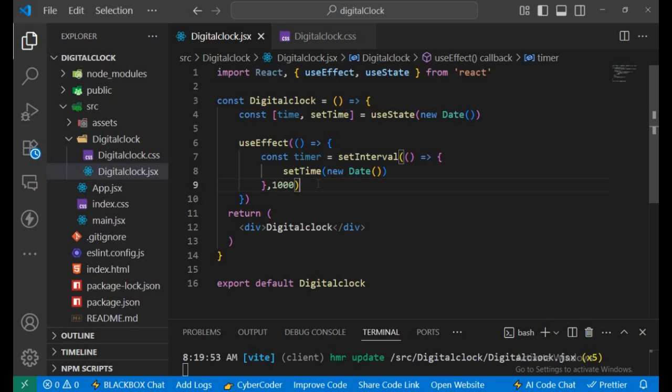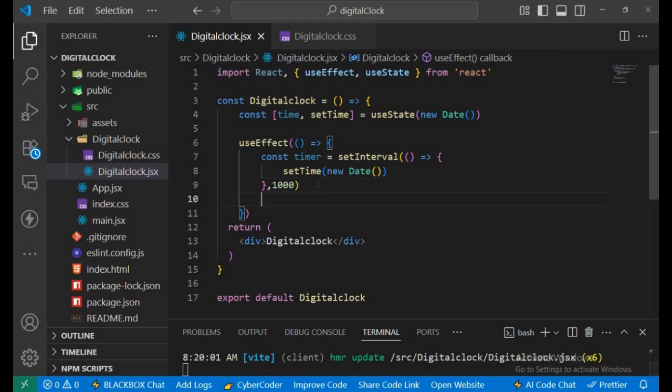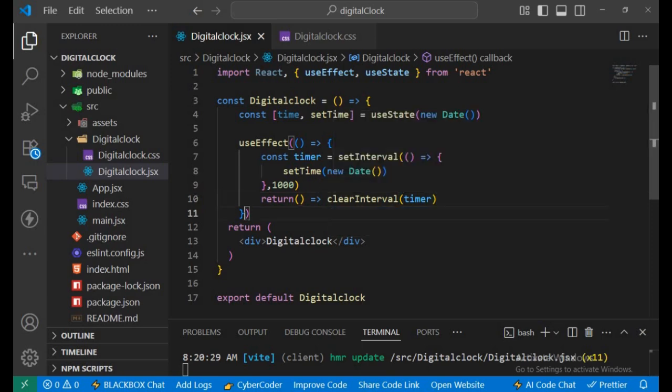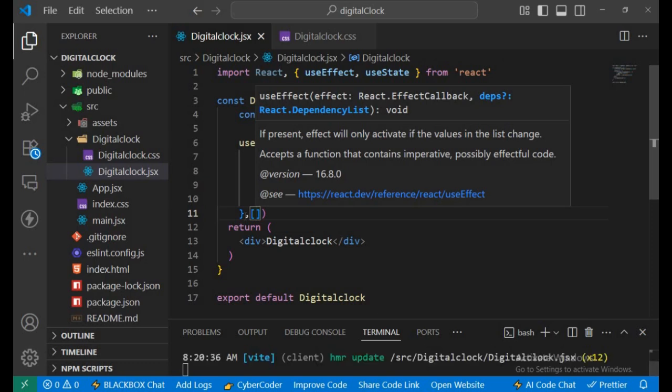After this, we're now going to create a cleanup function to clear the timer when the component unmounts. We're using useEffect so that it will run after the component mounts. We need a cleanup function to clear the timer when the component unmounts. So we're going to have return clearInterval, and we're going to pass in timer. Then we're going to pass in an empty dependency array to our useEffect right here, so that the effect will only run once when our component